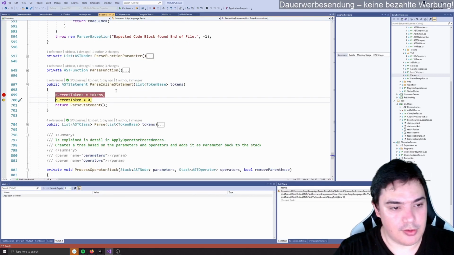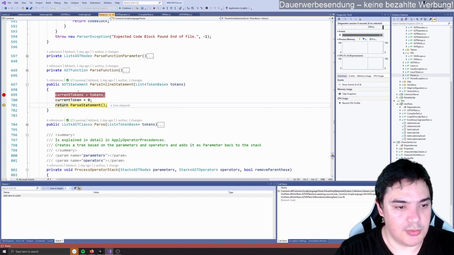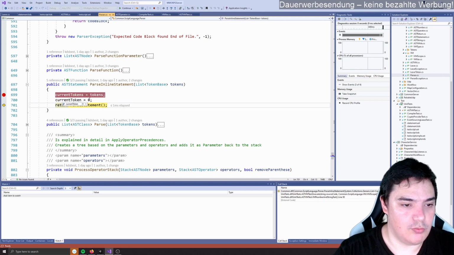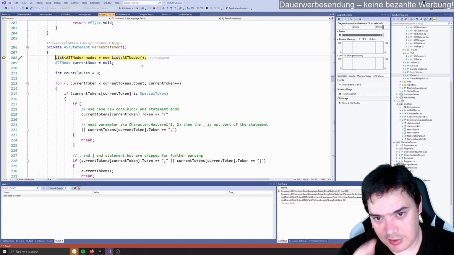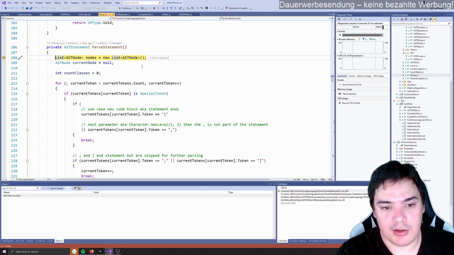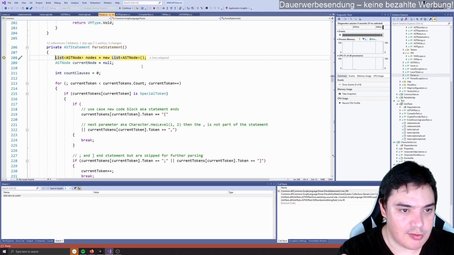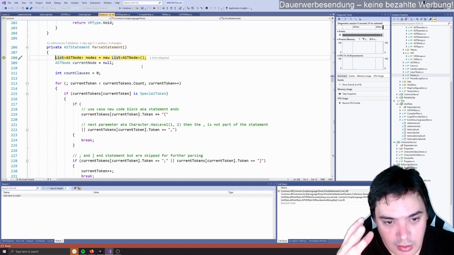So first of all, we call parse statement and configure the parser. We configure the tokens list, and we are currently at token 0. What parsing does is creating this tree, keeping in mind all the special cases, which this parser